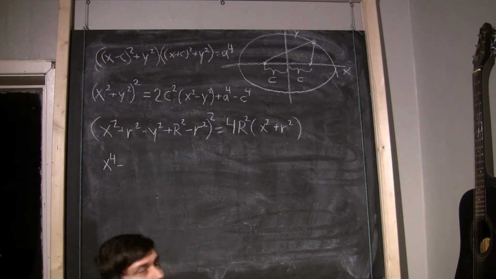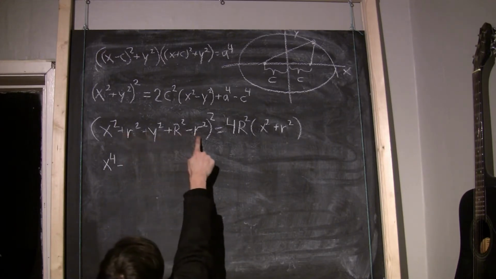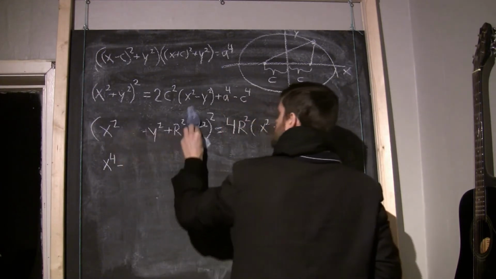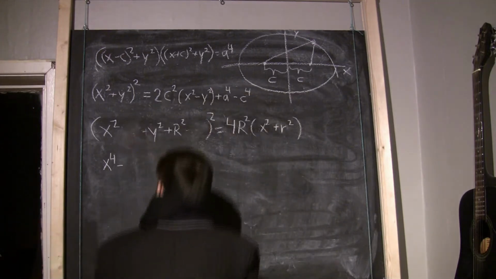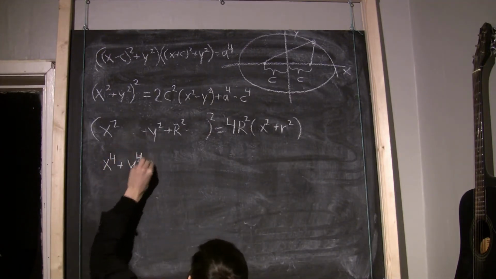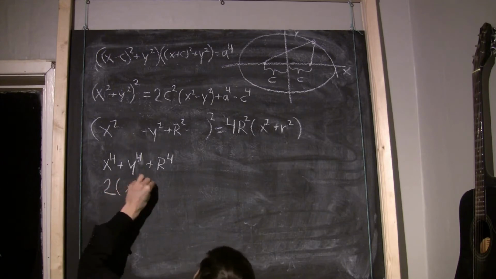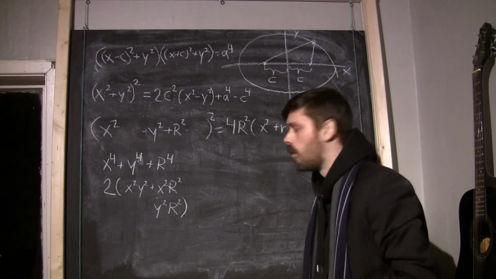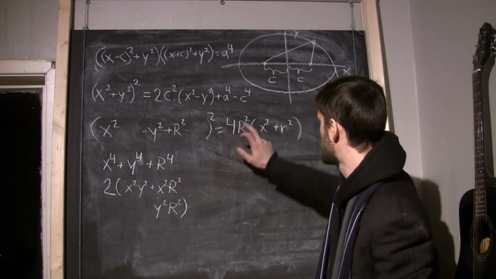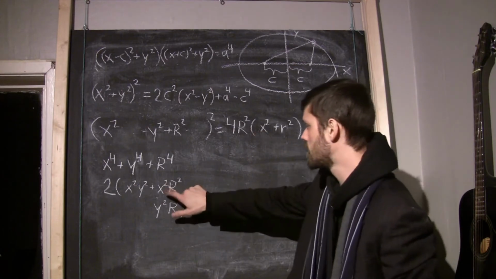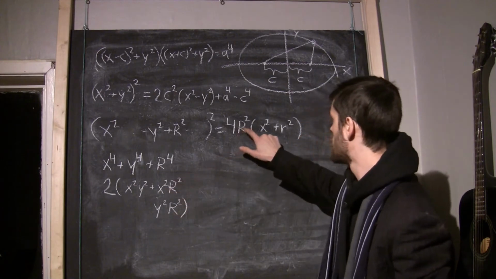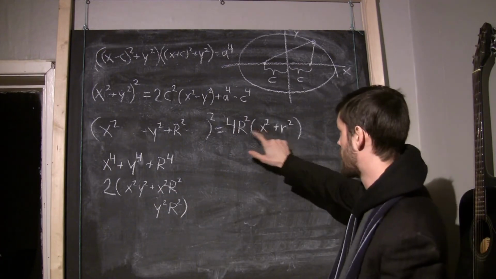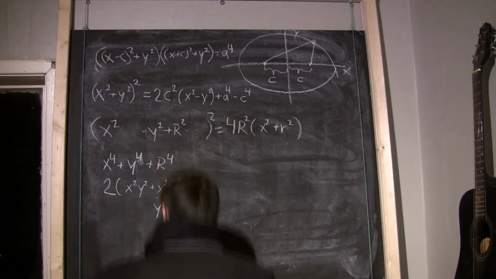Now, let's not expand immediately. R squared minus r squared. So we're going to make things a bit easier on ourselves. Now, just as before, we have some similar terms. So we have this r squared term, x squared term, but we don't have the y, so we can just subtract this one, and this leaves us with